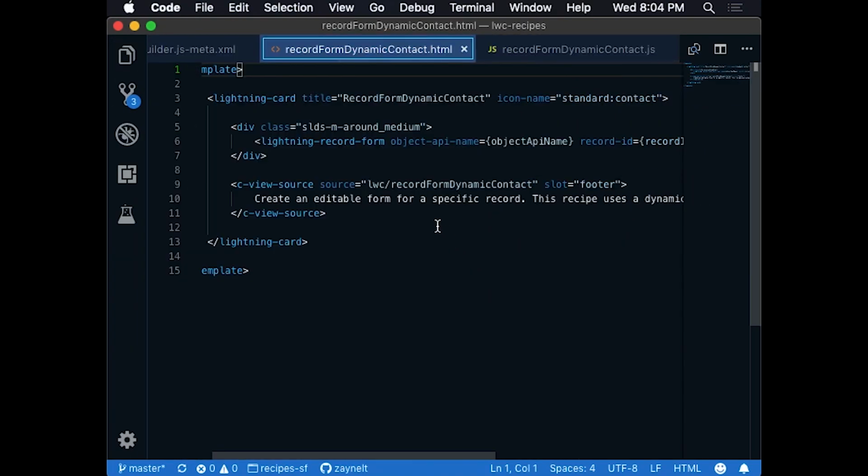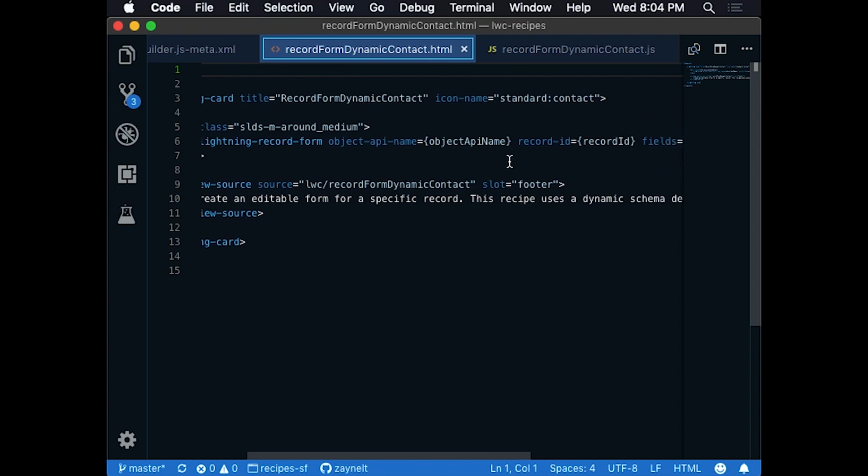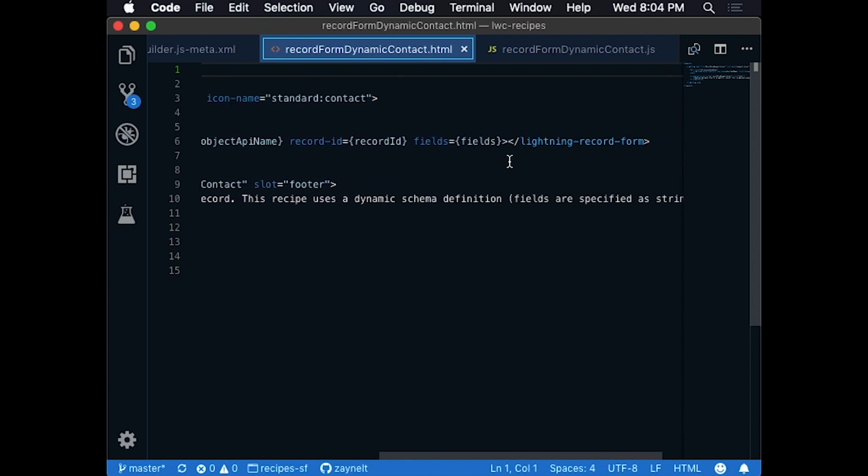Okay, so we're using a Lightning base component, Lightning record form. We're passing an object API name and a record ID, and we're doing some fields. This is sort of looking familiar by this time, and we're binding it to a lot of things. Do we want to show them in the UI or look at the JavaScript first? JavaScript. Yeah. All right, so in the JavaScript,